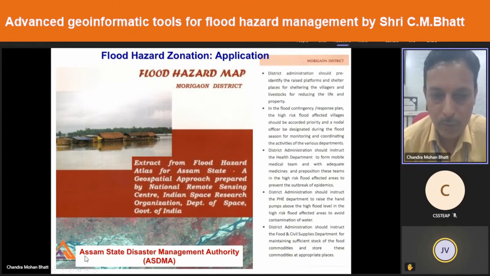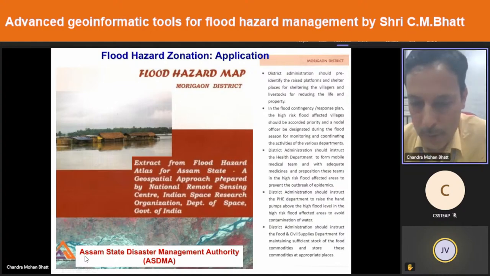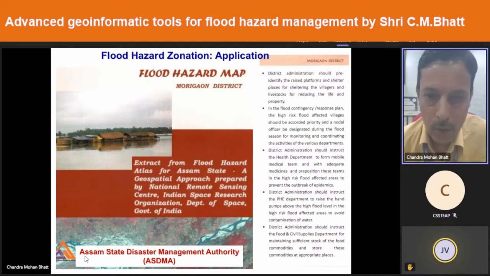They have used whatever information we gave, converting those maps into action-oriented information. For those villages which are highly inundated, there should be mobile medical teams, water-tolerant crops should be grown there, and there should be a contingency plan. Water availability should be ensured during times of flooding, houses should be built at a higher level, and flood shelters should